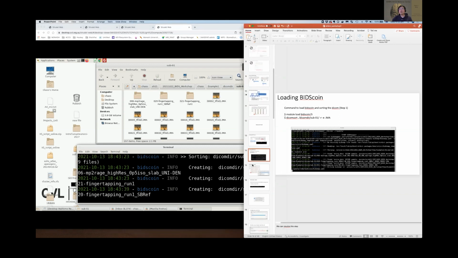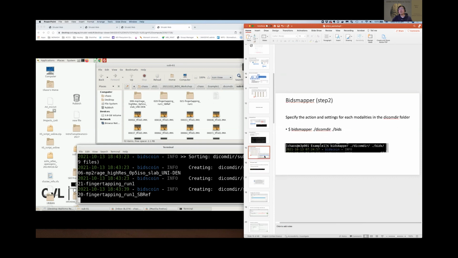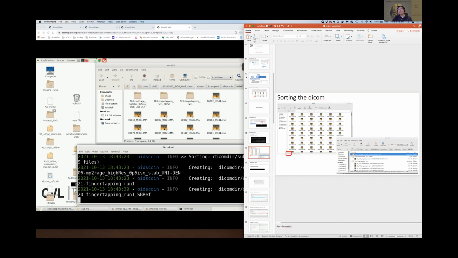While it's loading, I'll quickly go through what comes next. After that, you will see the end product will be a few subfolders in here, where the DICOM goes to where it should be. Those subfolders are actually the modality. In here, we're just doing the typical structural and the functional MRI. This is a task-based functional map. And then there is a field map, which is something that we will leave out as an example.